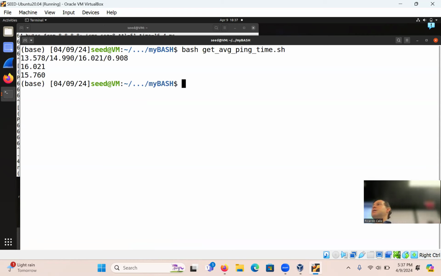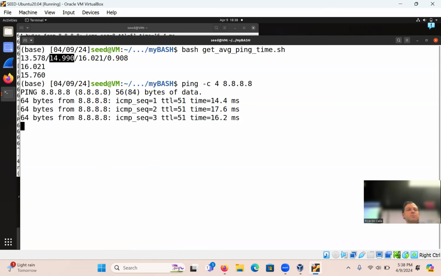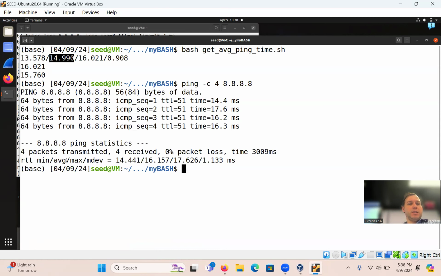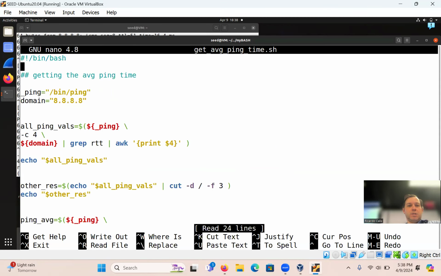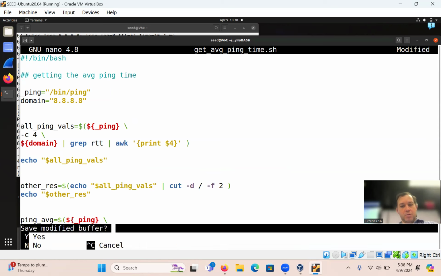They worked. All right, so the one that we want is the 1499. If I remember correctly, when we were doing our actual ping, which is this one, the RTT that we want is the second one, the average one, correct? Everyone with me? So let's go ahead and we just need to make one little tweak, which is to change, I'm using from all ping vals, change this to 2. Like that. Control X, Y.